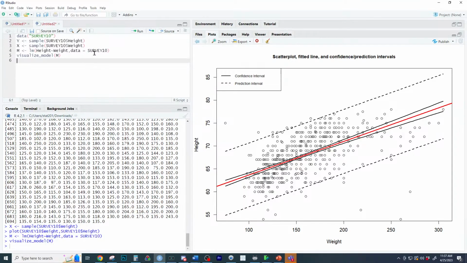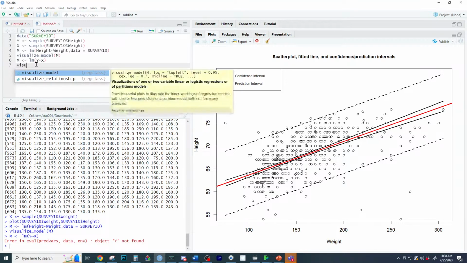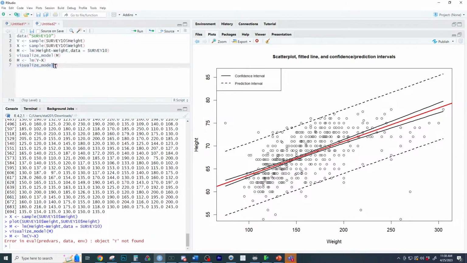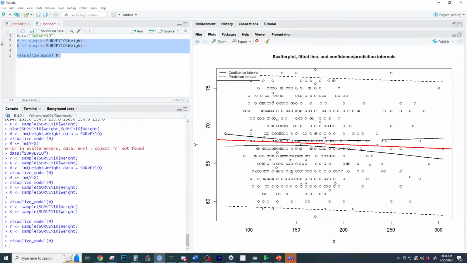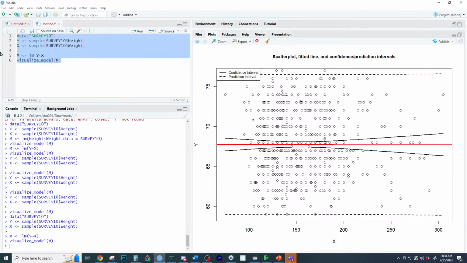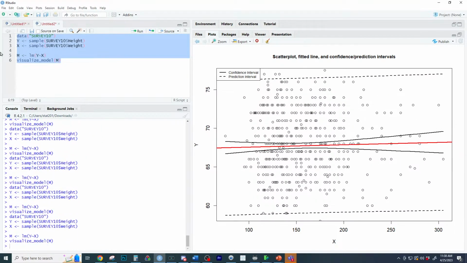Now watch this. Here is what it would look like by random chance. We're just going to take the same thing right here and go M, save into LM, Y tilde X, and those are the variables, and then visualize model and run it all. Visualize model M. And now here's what it looks like by random chance. By random chance, the line would be very flat. Oh, I didn't remake the model. That's why. So these are all random chance models right here. And look at how flat they are.